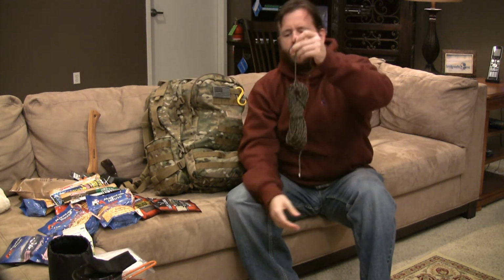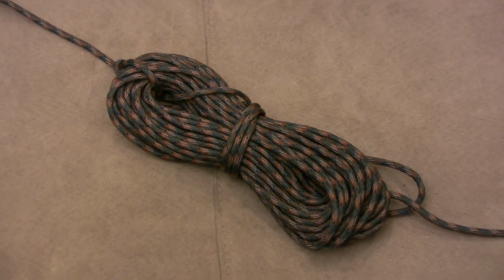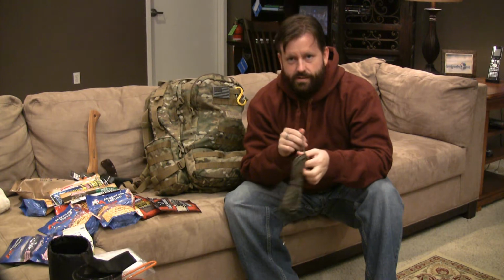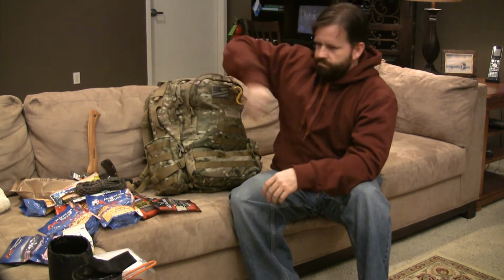Cordage. Here's 50 feet of paracord, Rothco camo paracord. It's camouflage color. This is the stuff that you put up when you don't want people to see you. If I'm living in the woods or surviving in the woods, I don't necessarily want people to see where I keep all my supplies and where I'm at. So,